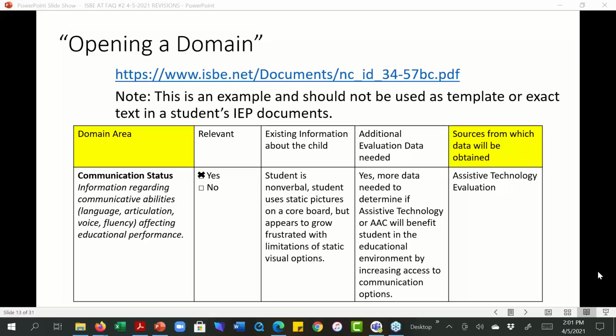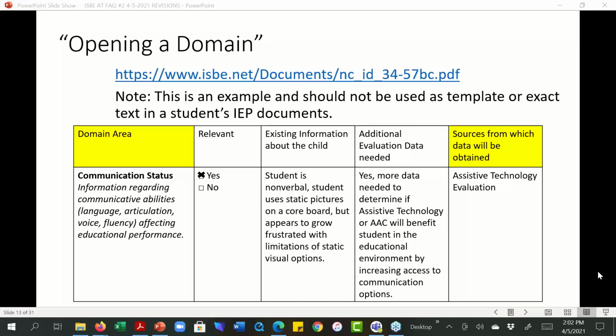And really that evaluation piece, it's up to the district or the cooperative or the team or what have you to decide how that's going to be done. If you have someone already who is well versed in the data and is a professional in the area that you are wanting more information on, then by all means, go ahead and have that person be a part of it. We're thinking more, and Gail, I think you can touch on this as well, that if you need to be pulling someone in from outside of your organization, that would be considered that sort of larger AT evaluation that you would need consent for.